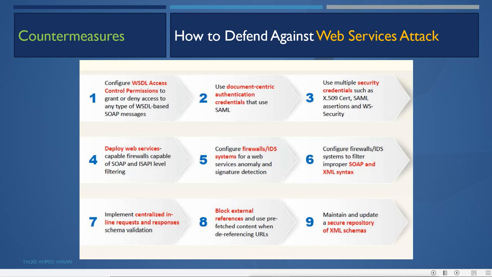Then deploy web service capable firewalls capable of SOAP and ISAPI level filtering. Configure firewall IDS systems for web service anomaly and signature detection. Configure firewall IDS systems to filter improper SOAP and XML syntax.